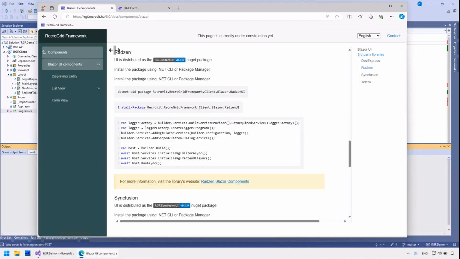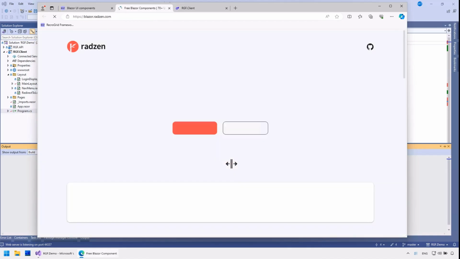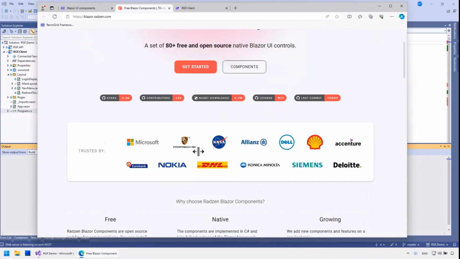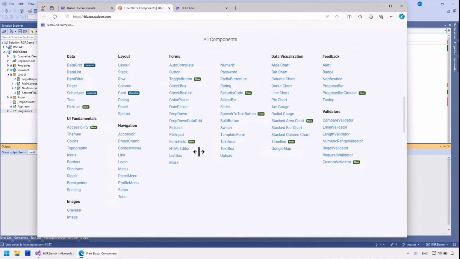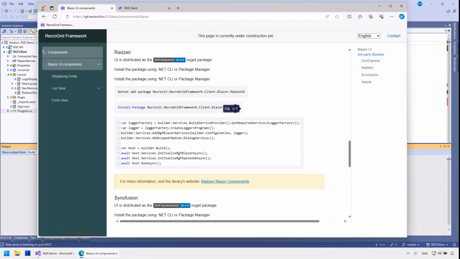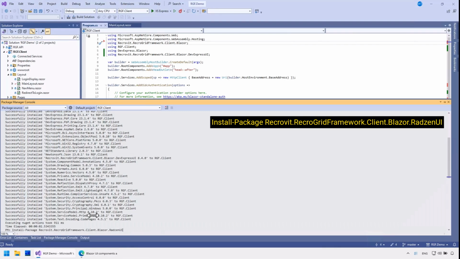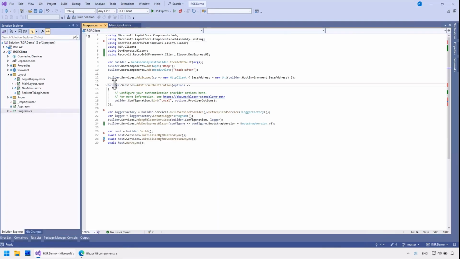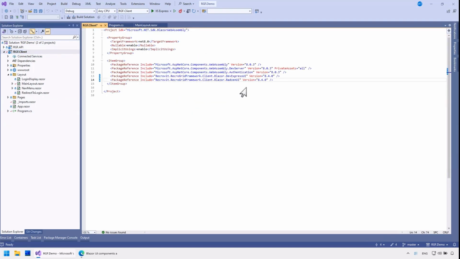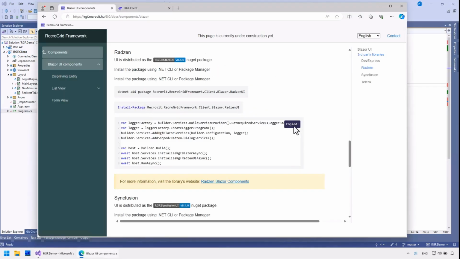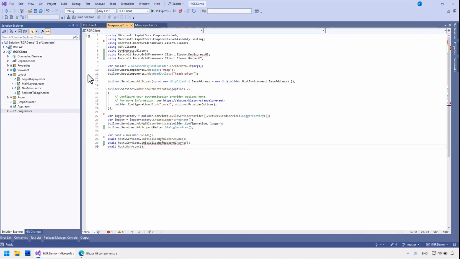The next library we'll integrate is Radzen. Radzen offers a free, open-source collection of Blazor UI components. Integrating the library with RGF is almost identical to the previous one. I install the RGF Radzen UI package. I remove the DevExpress package. I set up the RGF and UI services.